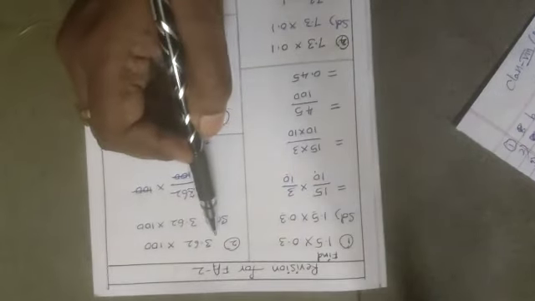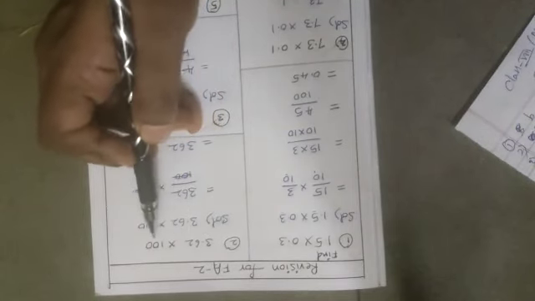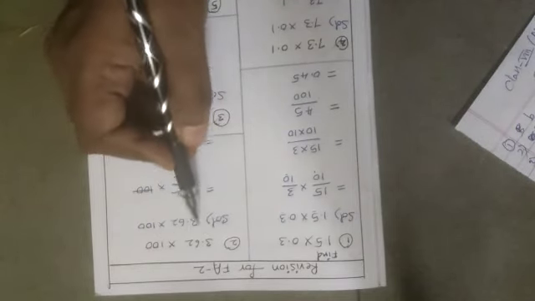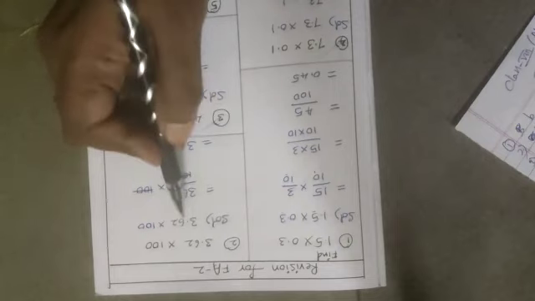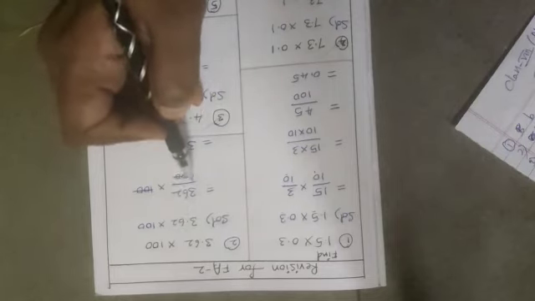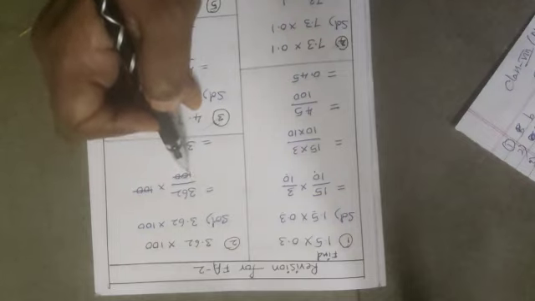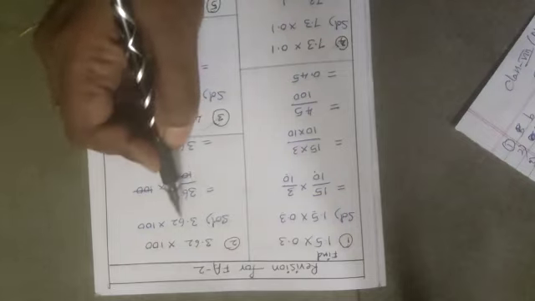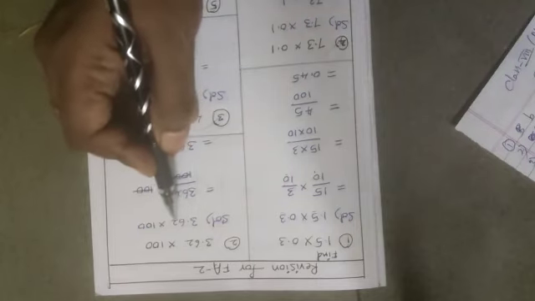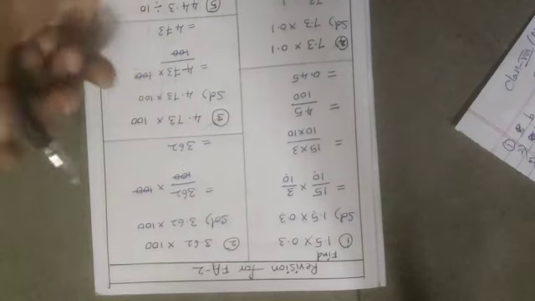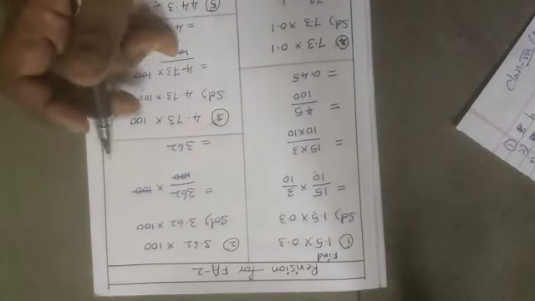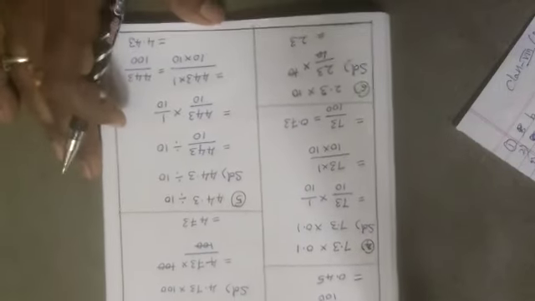Now let us see the next one, children. What is the number, children? 3.62 into 100. So let us write the same question once again here. After the decimal point, children, 2 digits. So when we are converting from decimal to fractional form by removing the decimal point, what will we write? We will write in the fractional form 1 followed by, how did we get 2 zeros, children? Because after the decimal point 2 digits are there, so 2 zeros. See children, 100 and 100 get cancelled. So what is the answer, children? 362 is the answer.